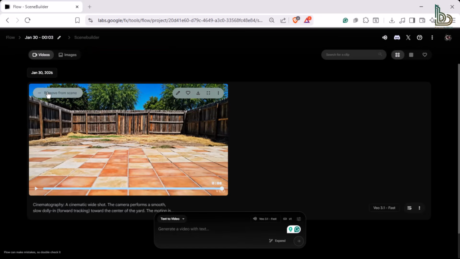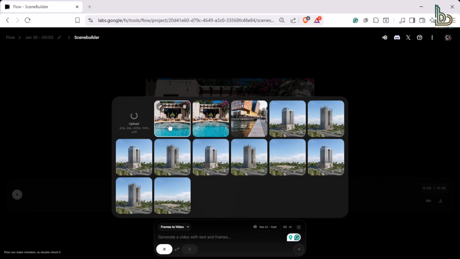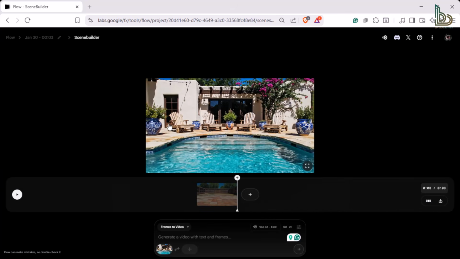Here is a pro tip. You can pick any frame from your video and save it as an asset. That frame then becomes the starting point for your next clip. I used this to test a weather cycle. I prompted the AI to cycle through all 4 seasons, starting with the fresh greens of spring, moving to the